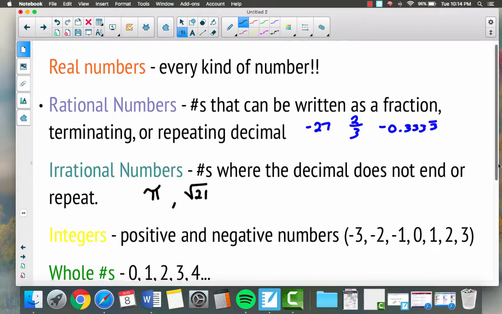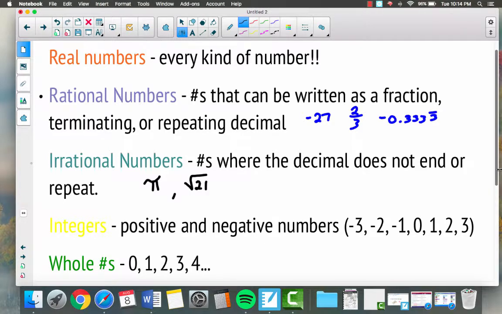Next is our integers. You guys have been working with integers for a long time. Integers are just positive and negative numbers, so that would be anything from negative 500 up to positive 100,000. I'm just making up numbers, but as long as they're positive and negative. Notice the difference between integers and rational numbers is that integers can't be fractions. So this is a little bit more specific, whereas rational numbers can be positive and negative, but they can also be written as fractions. So there are more types of rational numbers than there are integers, because integers have to be whole numbers,